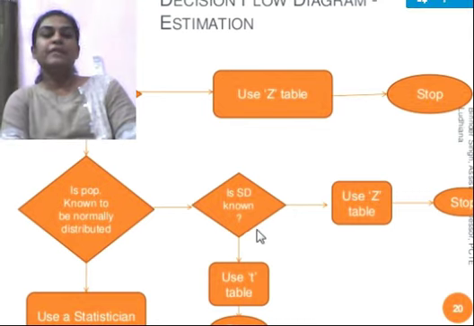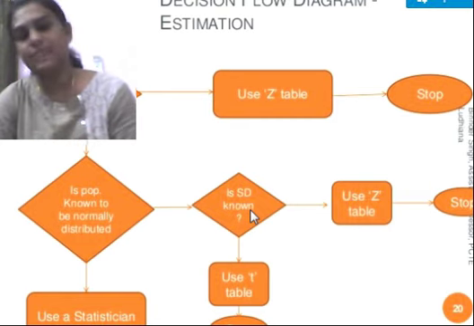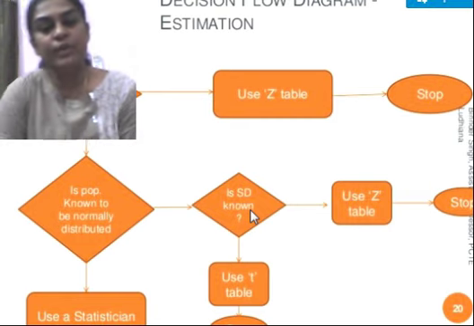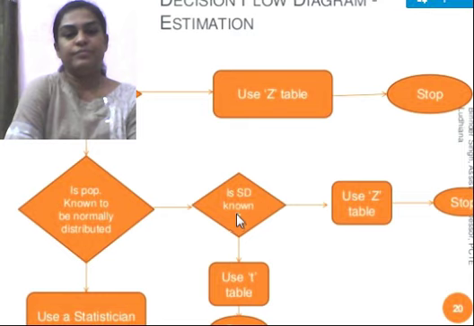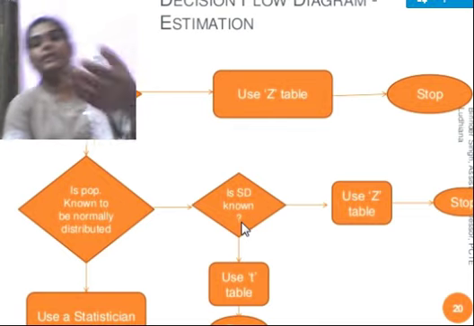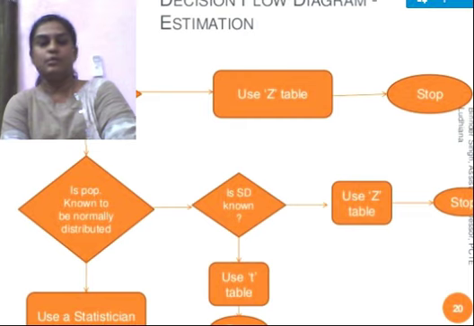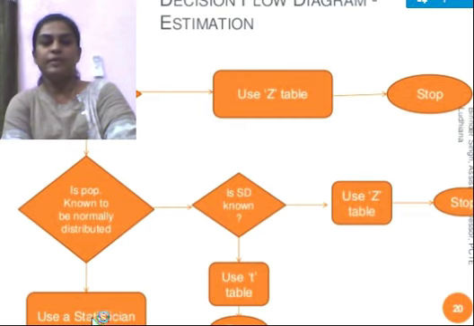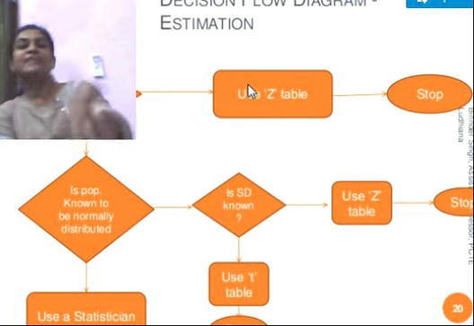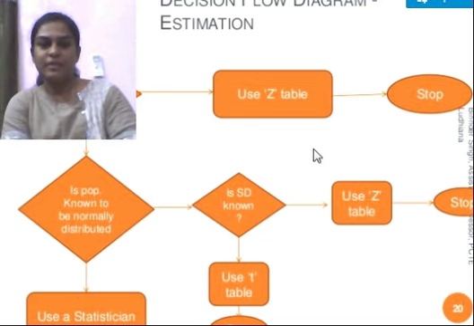And here the same again. If the standard deviation is not known to us, and n is greater than or equal to 30, we will go for a Z table. If not, we can go for using the T table here. Because the sample is very small and simple, in such a case we will go for using a T table here. Stop. Here we use the statistic. This is simple. For understanding purposes only, I am giving you this decision flow diagram, dear friends. Just have a glance here once.